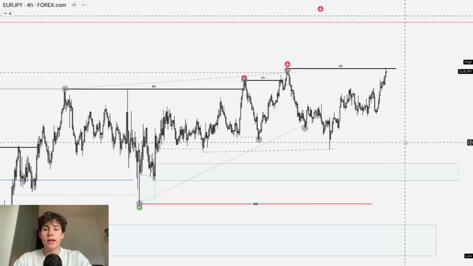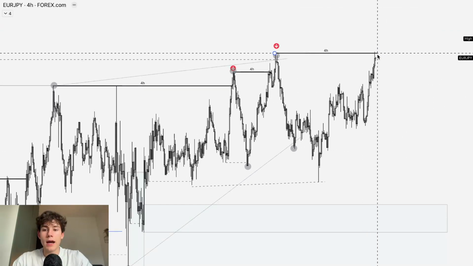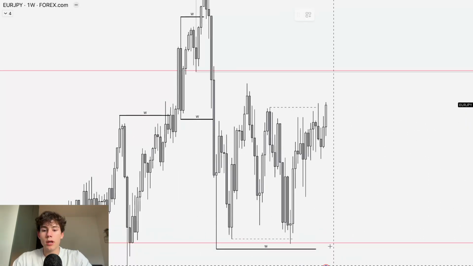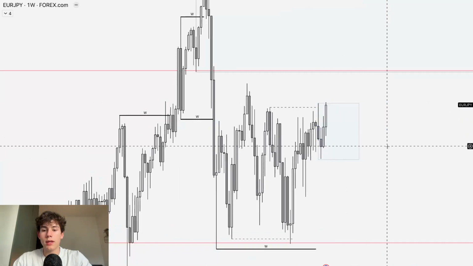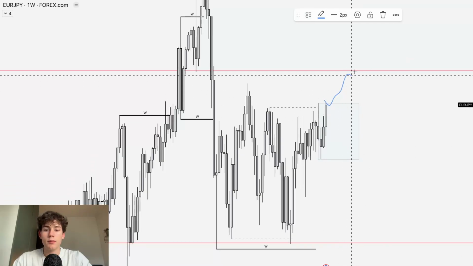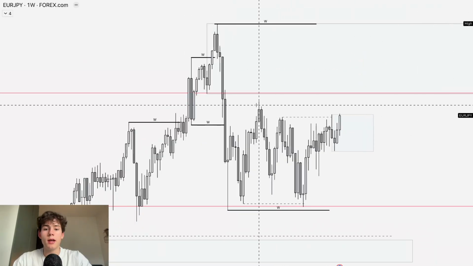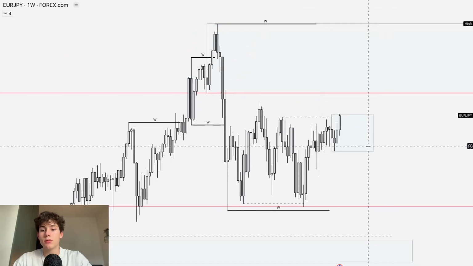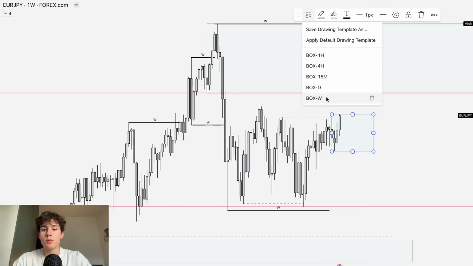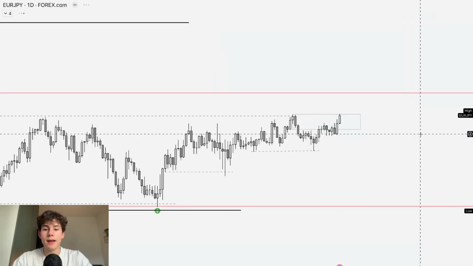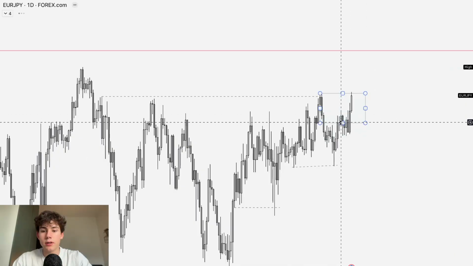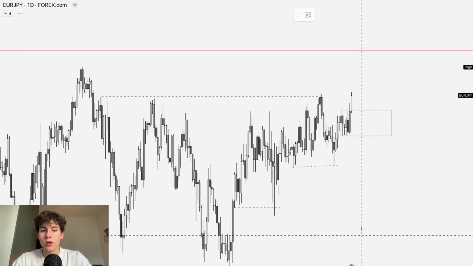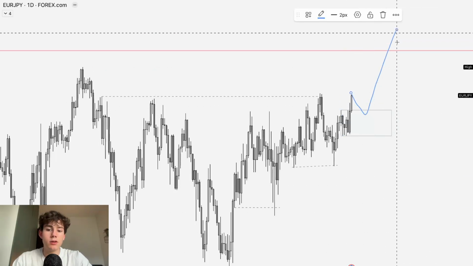So looking at euro yen, we took liquidity above the high, so we could definitely see a move down lower. On the weekly time frame, we now have this demand in control and we kept on pushing up higher. So we could also just continue to trade up higher to take some more liquidity above this high and tap in towards this refined supply zone. So that's definitely possible. Looking at the daily time frame here, yeah, this supply is not in control anymore, but this demand is. So we could see a quick retracement, tapping that demand and then continue up higher.